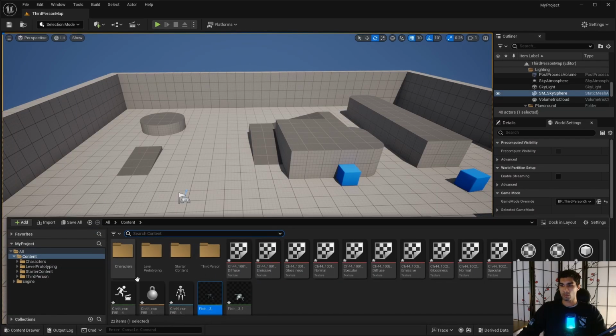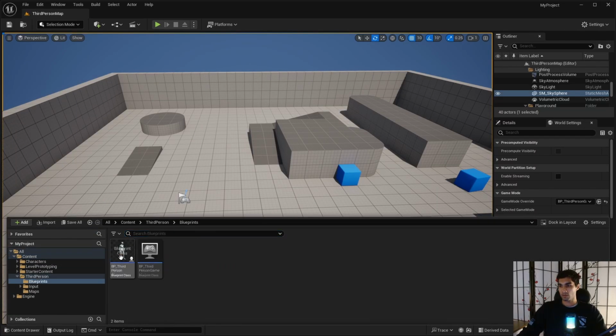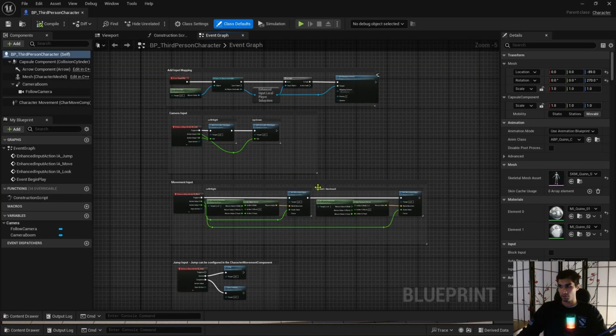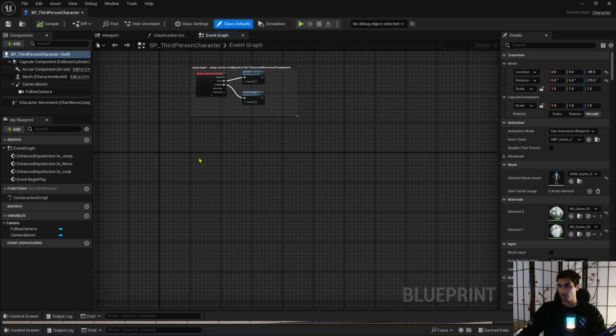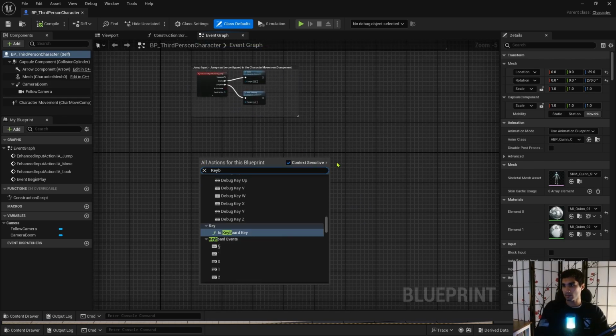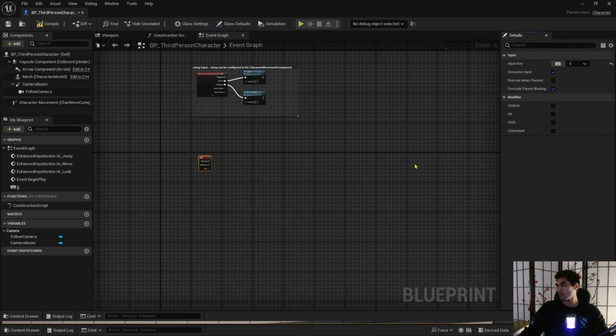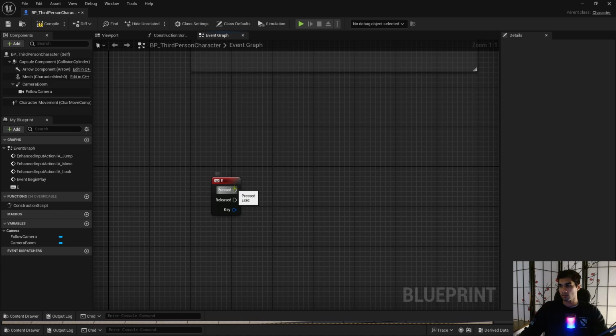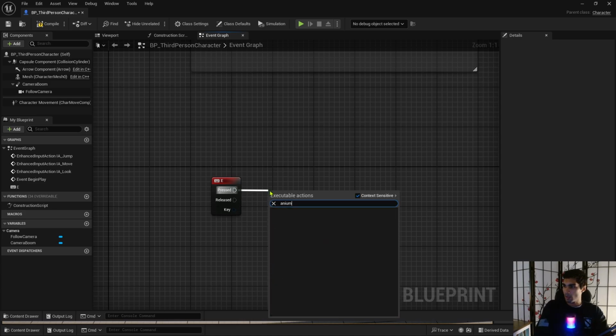If I go into my third person character, well, that's all you need to know if you just want to dip out right now. And let me just create a keyboard key. This is pretty fast though. And then I'm just going to get animation,